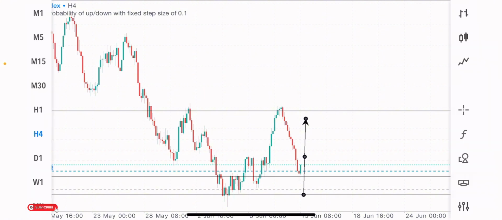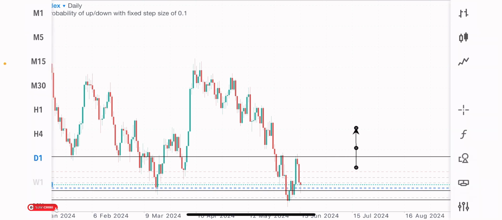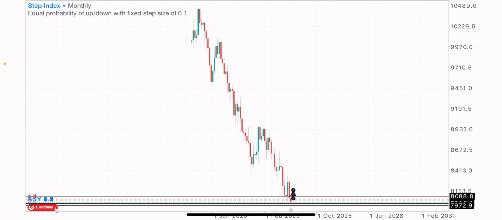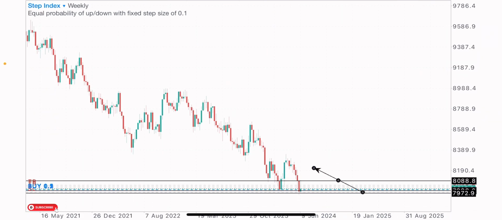So you guys know that whenever I want to analyze the market, whenever I want to look out for trade opportunities, I start from a higher time frame. And this higher time frame can be the daily time frame, it can be the weekly time frame, and it can be the monthly time frame. So on the weekly time frame, you can see that this index approached a low at this point, and I think I did a video on this index a few days ago, in which I expected a reversal in the coming days and weeks on step index.